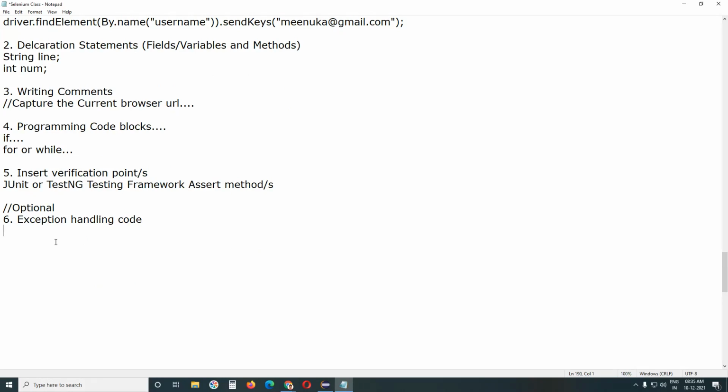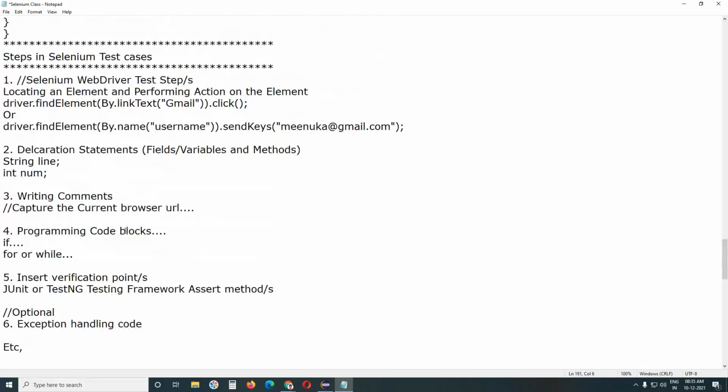Okay. Any other? I can't think of anything else. These are the common ones now. See, this is about steps in Selenium test cases. Okay. Now I'm going to close the